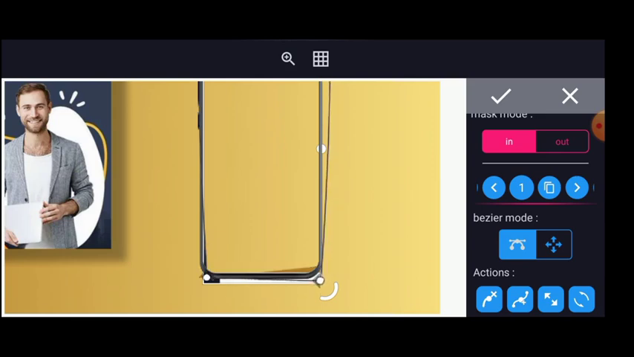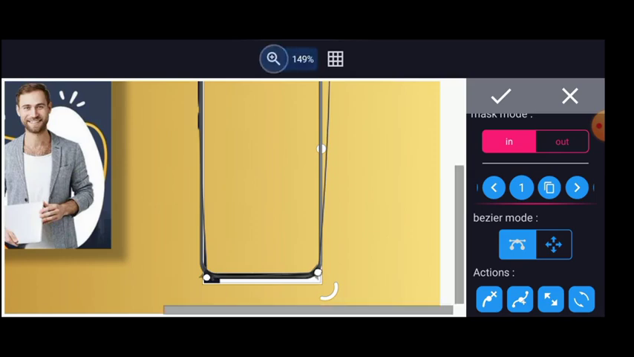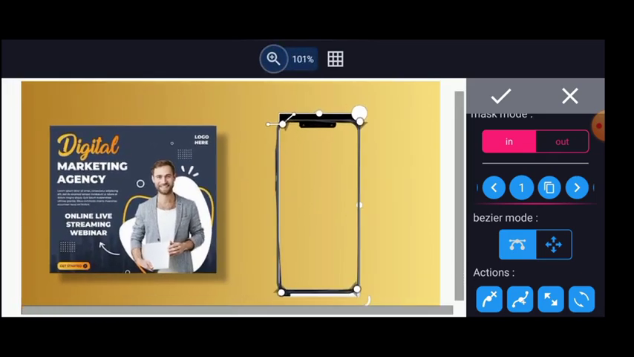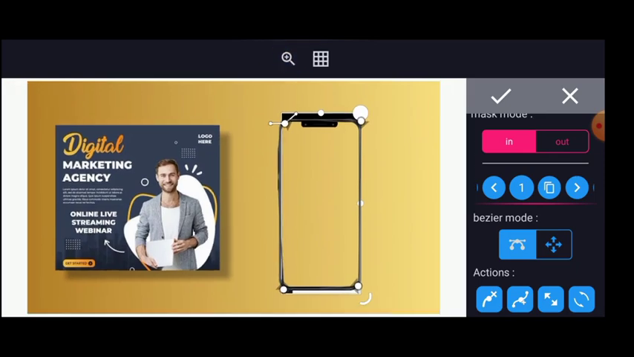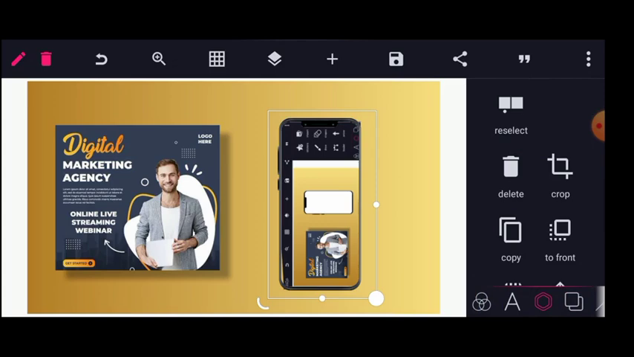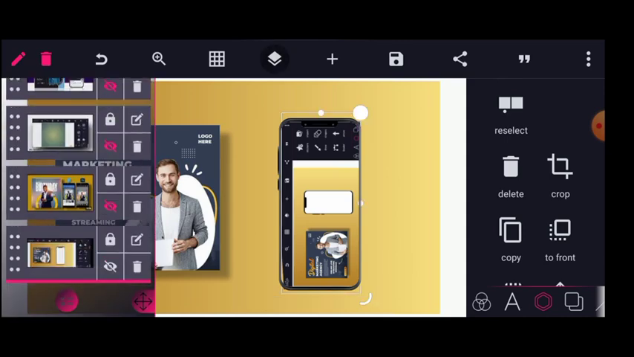Okay. Just take your time. Make sure you're doing this very well. Make sure it's perfect. Okay. So once you're done, you just click on out, and voila, we have our design. I think there is an error down here, so I'm gonna zoom this